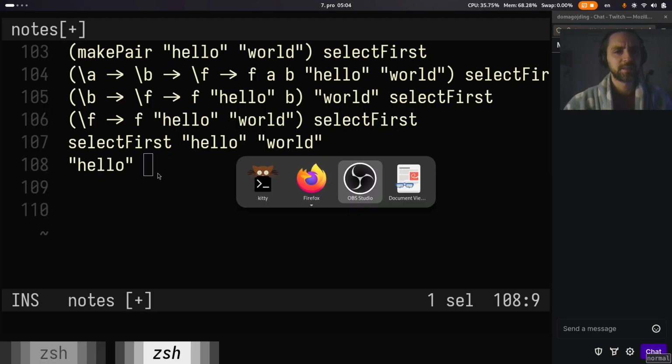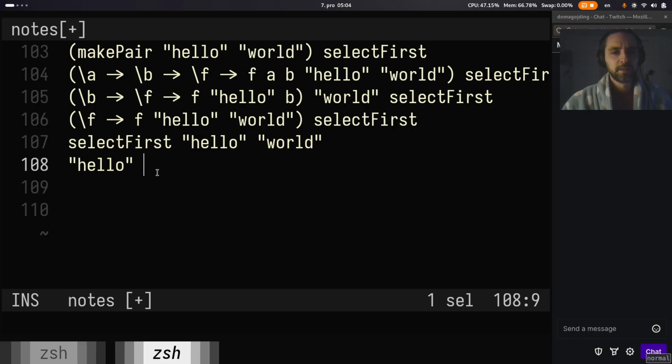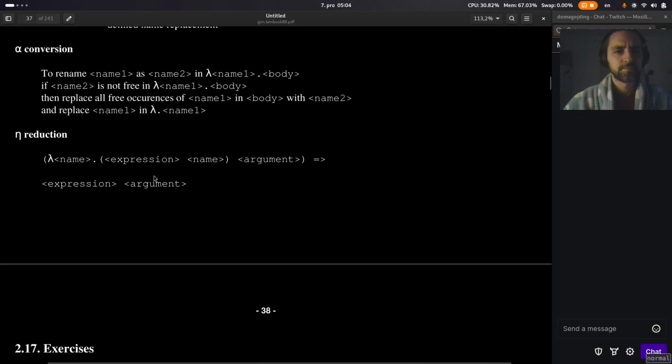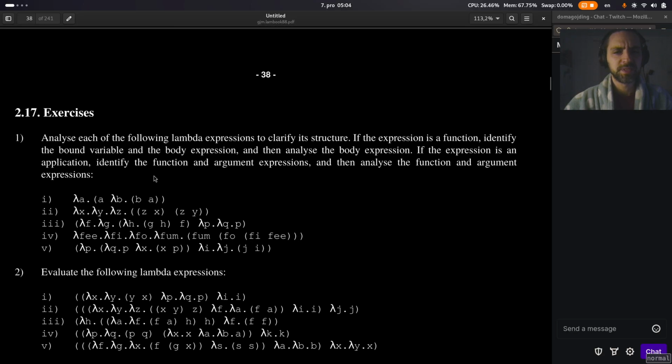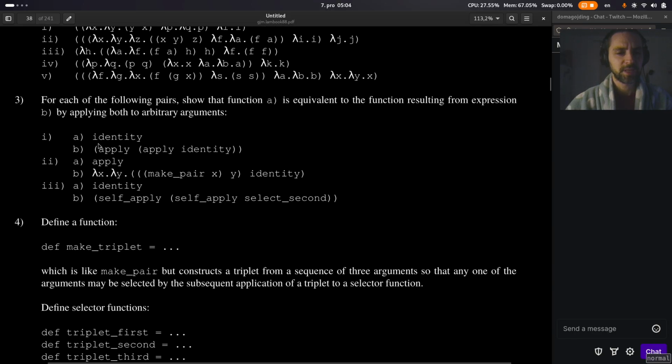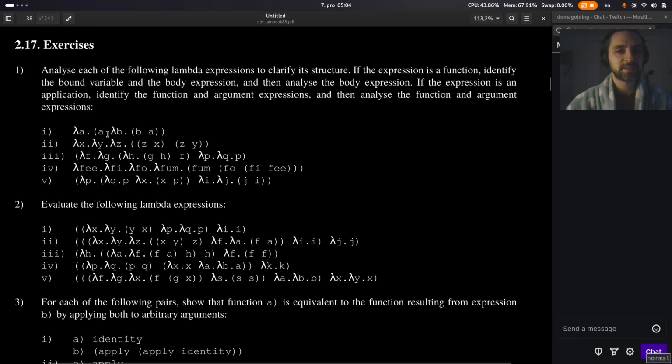Fascinating. Okay, let's move on, and then we'll come back to this. But it's just so wow. Okay, so now we reached the end of the chapter, and there are exercises now,